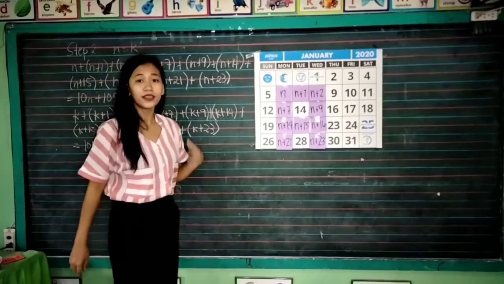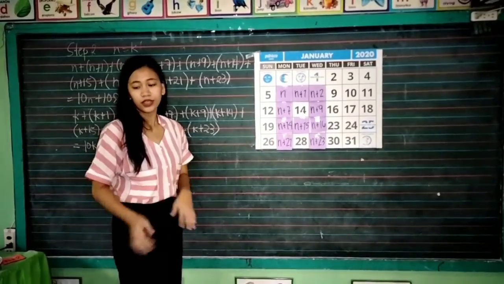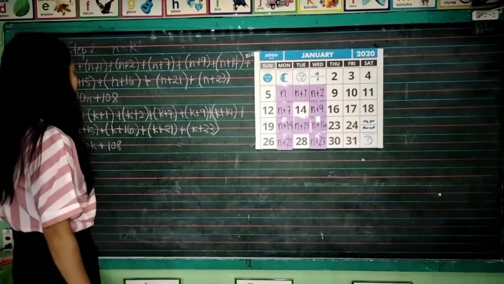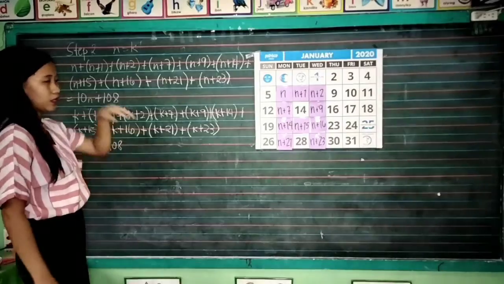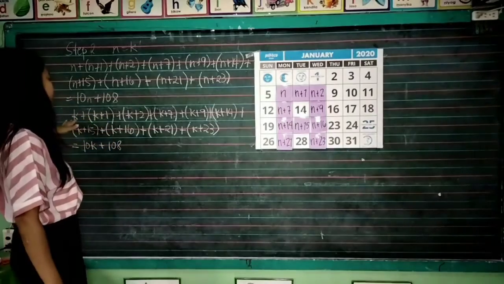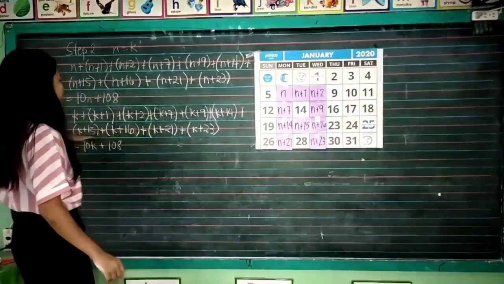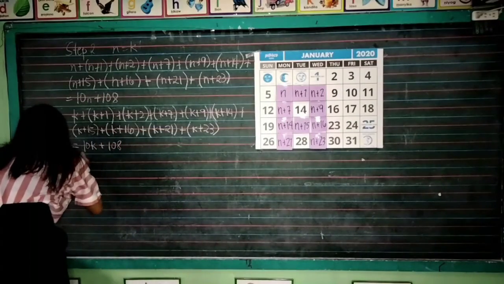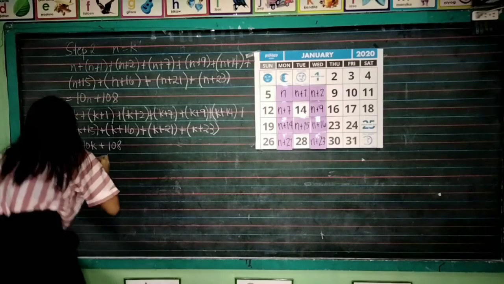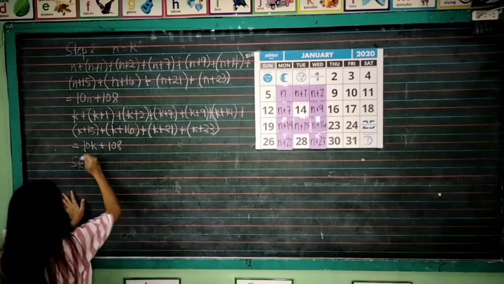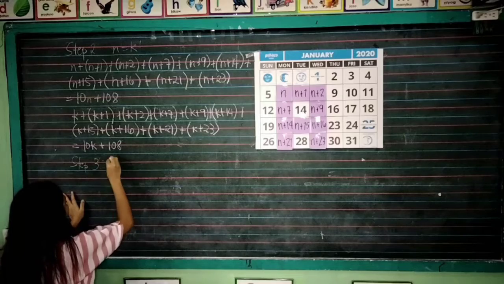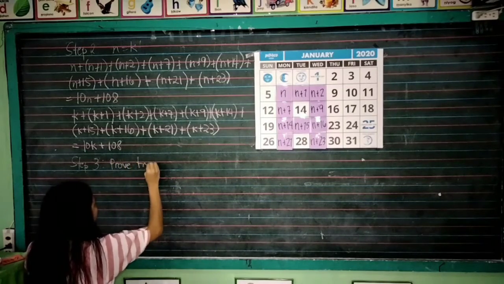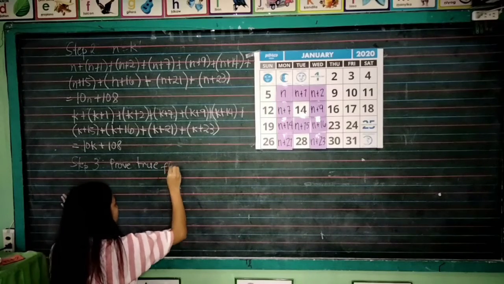Okay, next is step 3. So, for our step 3, prove true for k is equal to k plus 1. So, ibig sabihin, lahat ng k natin dito, papalitan lang natin ng k plus 1. So, step 3, prove true for k is equal to